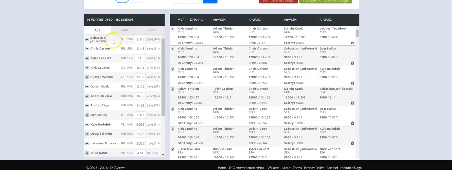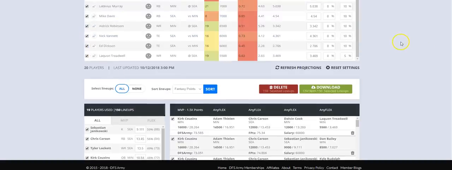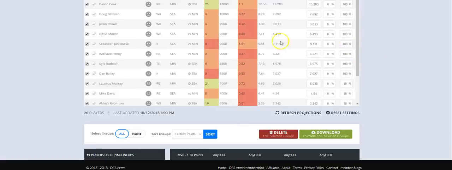And right here you see like Seabass at 60%. Is there a 60% chance that Sebastian Janikowski is in the perfect lineup on the slate? I think there's a good chance, but over 50% seems like a lot. And what I'm going to do here initially, I'm just going to lower that